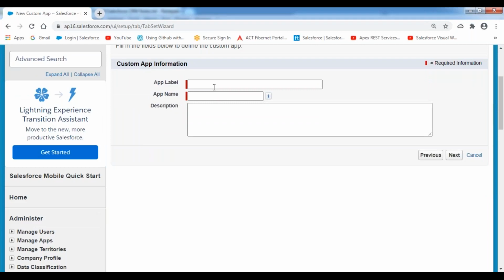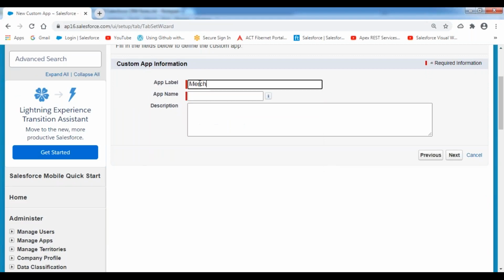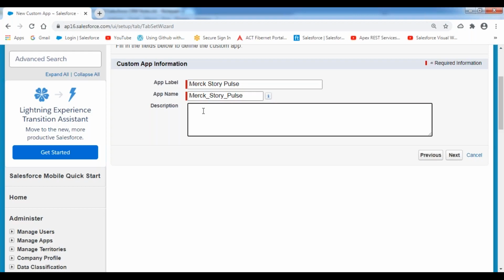Specify the application label, application name, and the description. I would like to give the application label over here. I'm indicating it as Mark Story Pulse. I'm indicating the application name as Mark Story Pulse. It is the app name, nothing but the application name, automatically prepared by Salesforce. I want to give some description about this application, why I'm creating it, what is the purpose of this application. I'm giving some description, like this application is used to